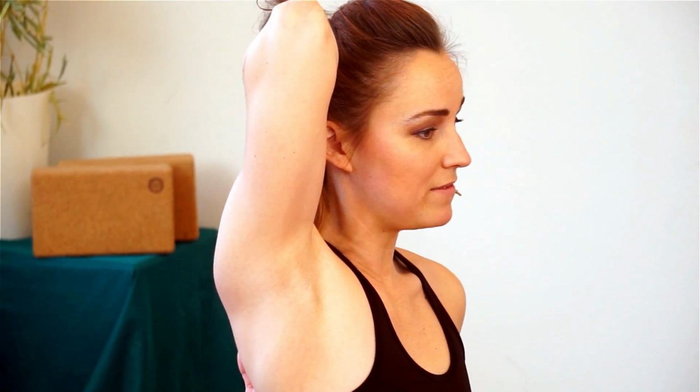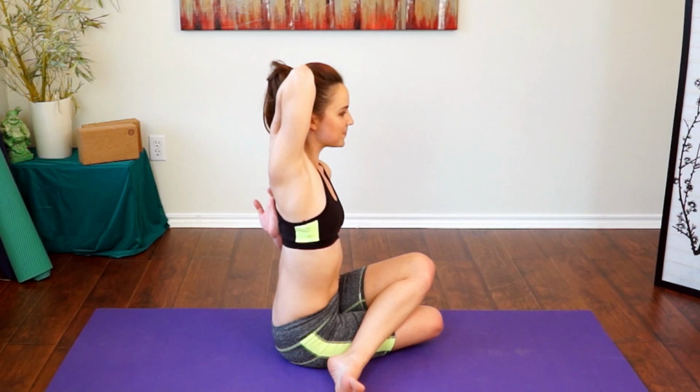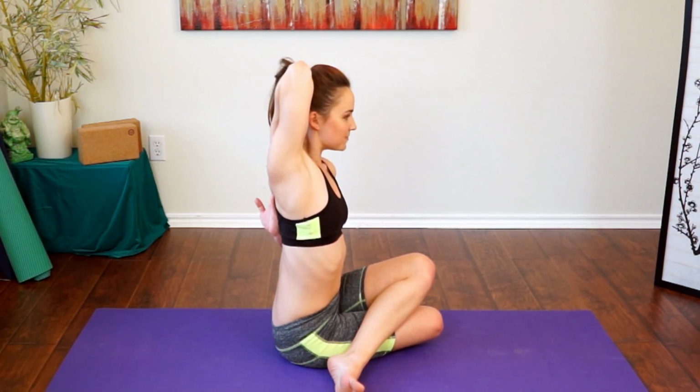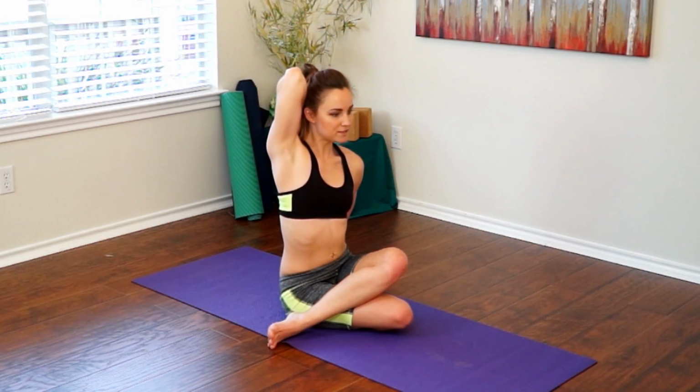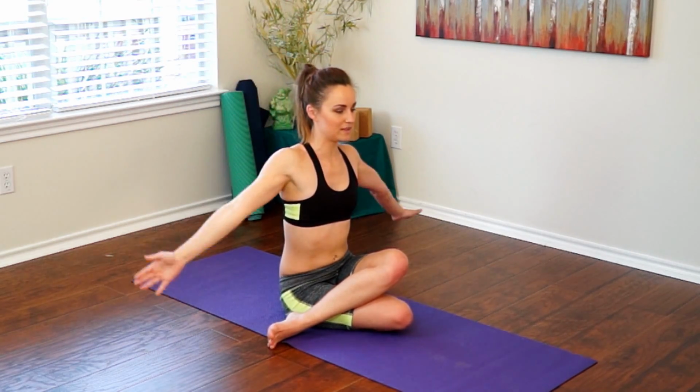If you need a little extra help, you can always roll up a hand towel, or if you have a yoga strap handy to kind of tug on. Or just keep reaching. Just keep reaching. And we're going to unwind the arms,